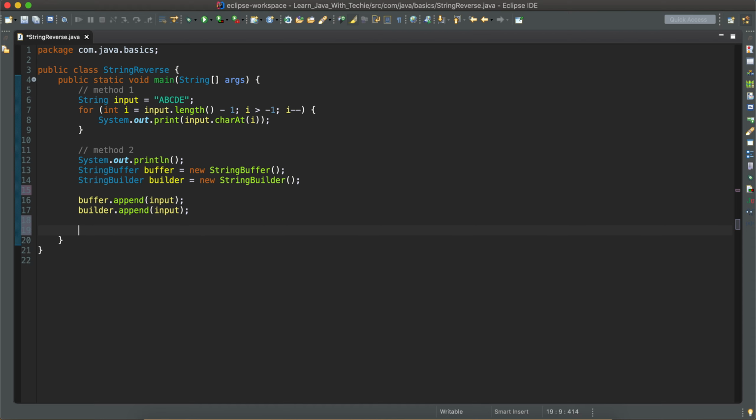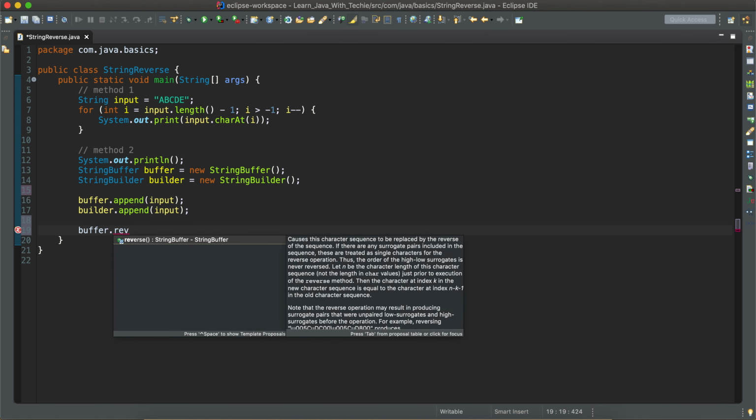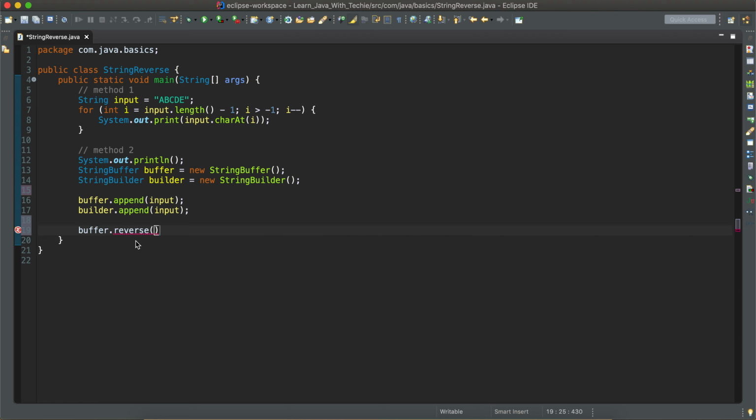So now we are going to reverse it. buffer.reverse. Here we have a predefined function. This function is going to reverse our input string and return a StringBuffer. So let's implement it. Now the string is reversed, but the value of buffer needs to be overridden.